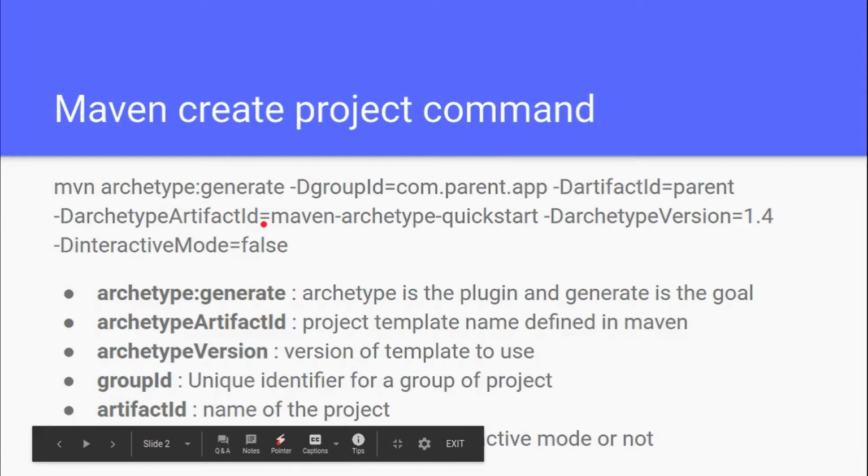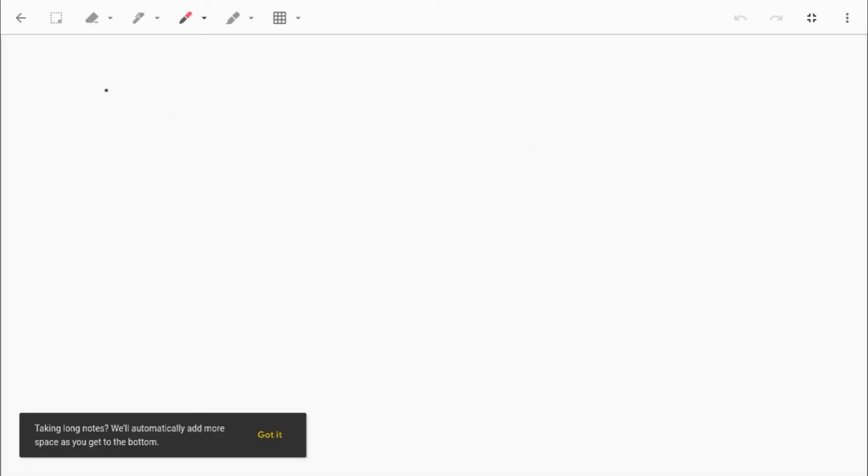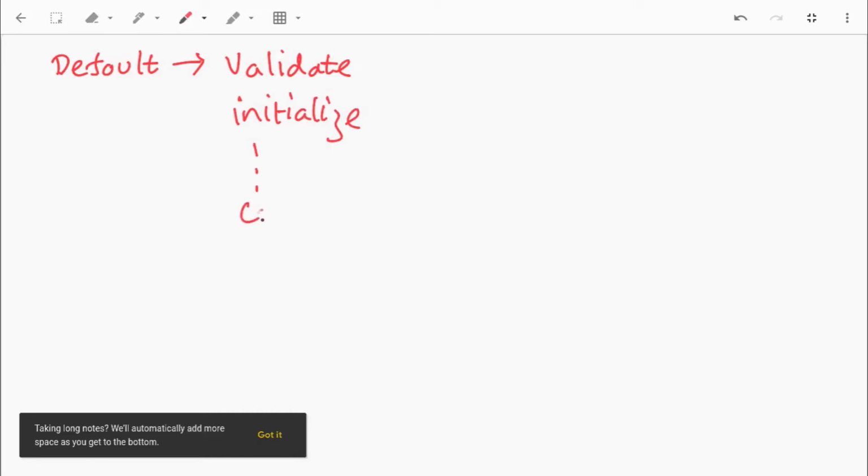Let's move ahead. In the last video, we learned about the significance of the order of phases that Maven follows in a particular build lifecycle. For example, there was a lifecycle in Maven called default. In that default lifecycle, there were many phases, that is validate, initialize, compile, package, install, all the way till deploy.